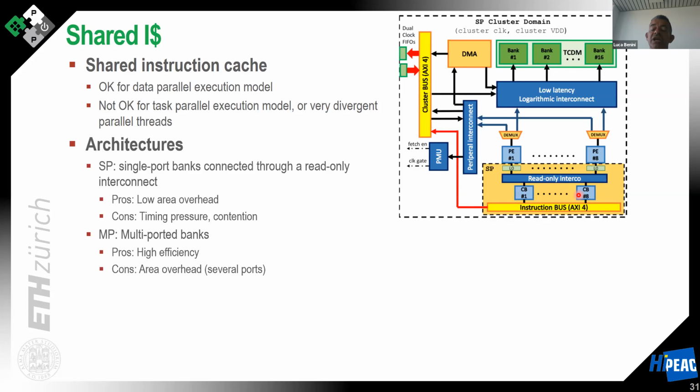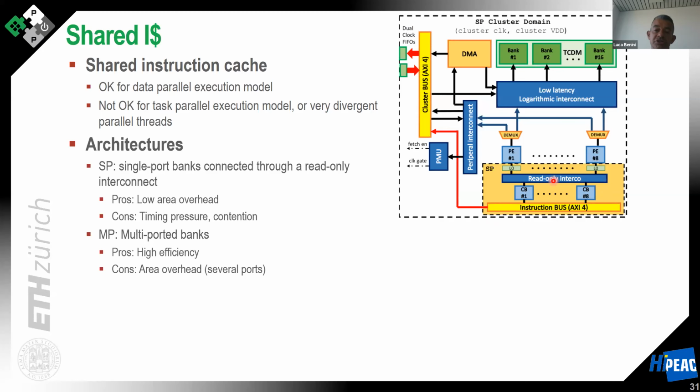The reason is that in most cases we are running the same code for all the processors. Remember that we are running, in a sense, a SIMD type of code. It's a loop where the same iterations are spread over several processors. So it's a for loop where 50 iterations are on a single processor, and another 50 iterations are on another processor. In this type of parallel loop, the code base is the same, and so you don't really need to replicate. So we have here a shared cache, a shared memory,